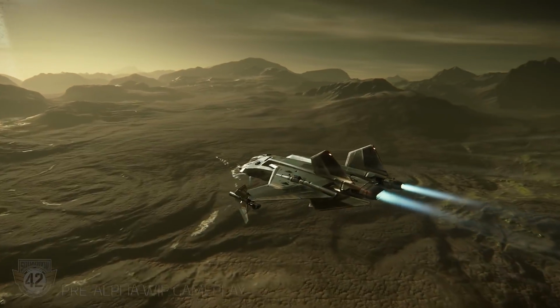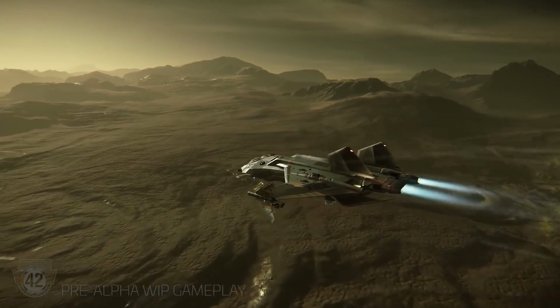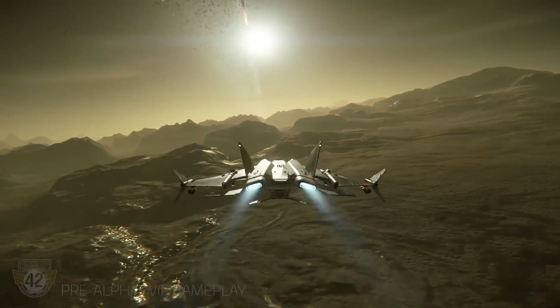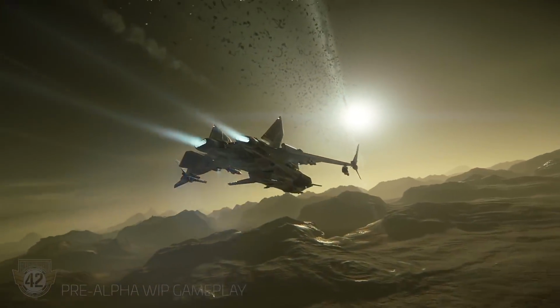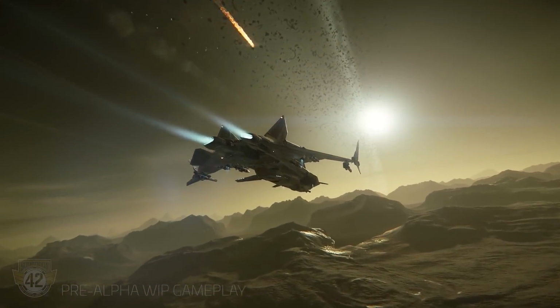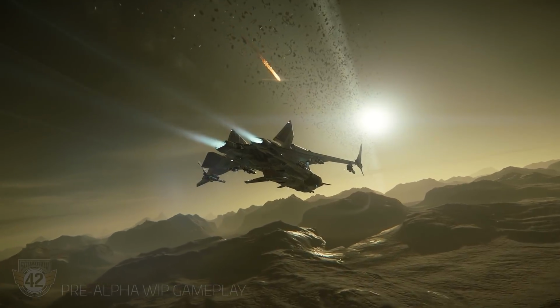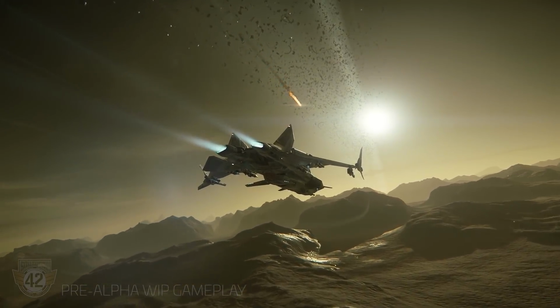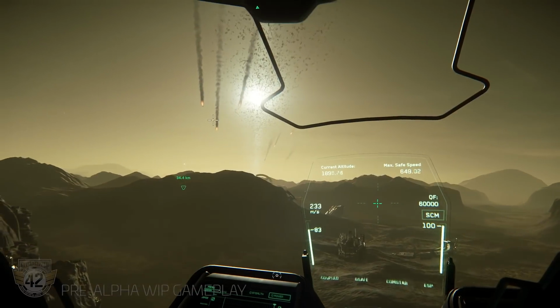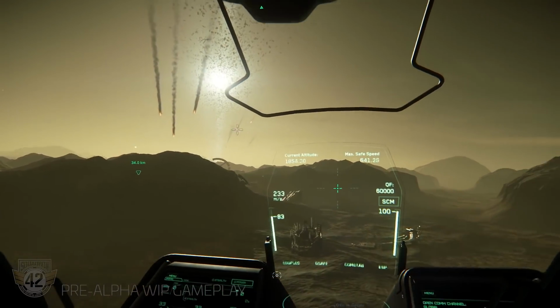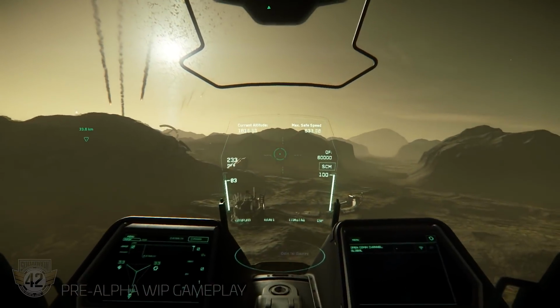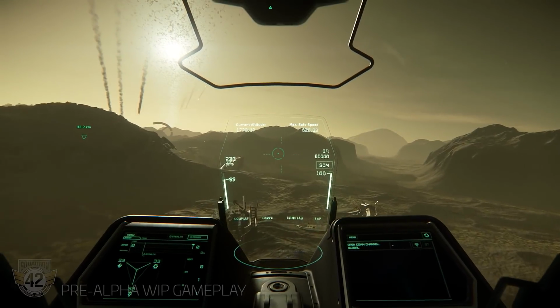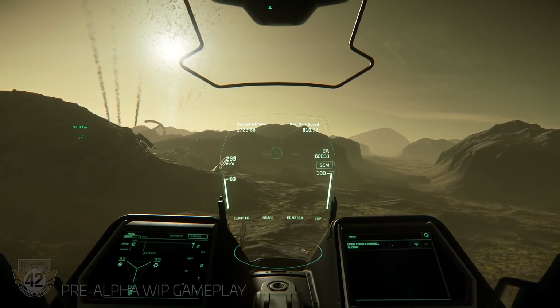Not long ago, following the release of 3.0, IFCS was an unstable mess. Since then, I refactored the IFCS, and this refactor was released as part of the 1.3 patch, restoring smooth, stable, and responsive flight control. This was a major milestone in the development of the Star Citizen flight model, and while it isn't yet as solid as I want it to be, ESP broke during the refactor, but is improving as